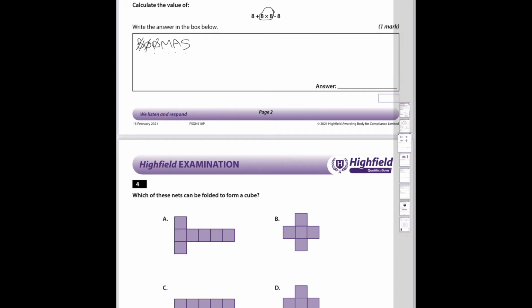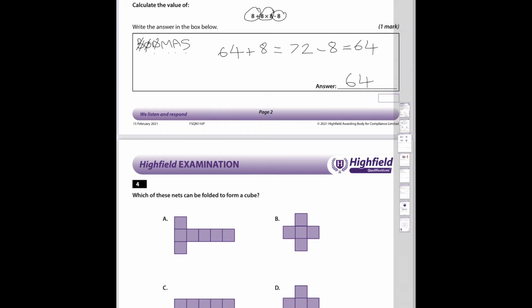So 8 times 8 is 64. The next bit is add, so we add on this bit. So add 8, 72. The next bit then is subtract, so we take that off. So we minus 8, which takes us back to 64. So the answer is